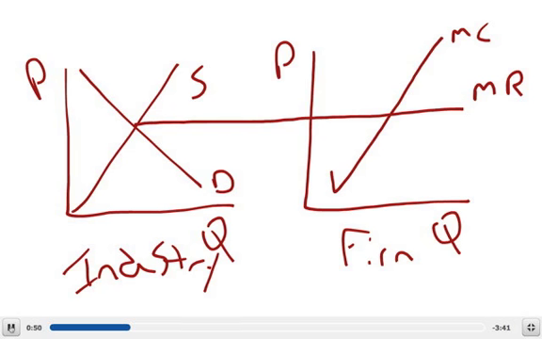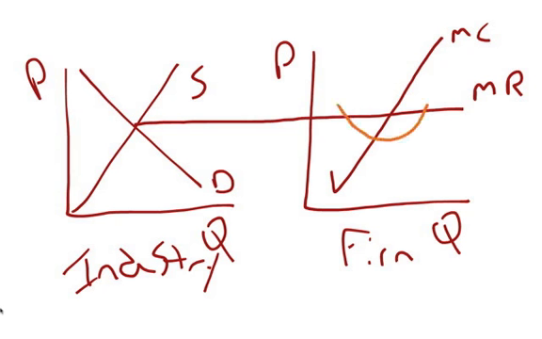And since they're asking to make a profit, we need to put in our average cost curve. And of course, that would go below the marginal revenue curve if we're making a profit. So we'll go ahead and add that in. Label that AC for average cost, and we'll identify the output by finding where MR equals MC,